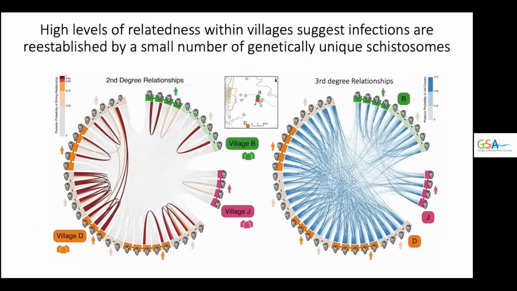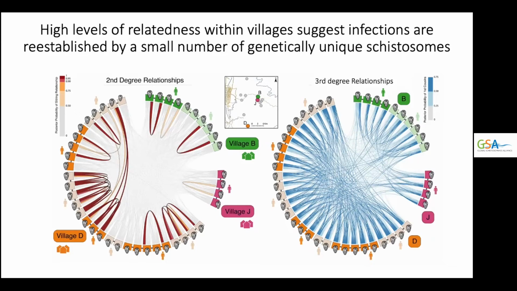Here we show posterior probabilities for sibling relatedness and third degree or cousin level relatedness for the same Myricedia collected from 3 separate villages. As seen in previous slides, sibling clutches are frequent within individual hosts in the figure on the left. On the right, we see that third degree relationships dominate between hosts within the same village comparisons.